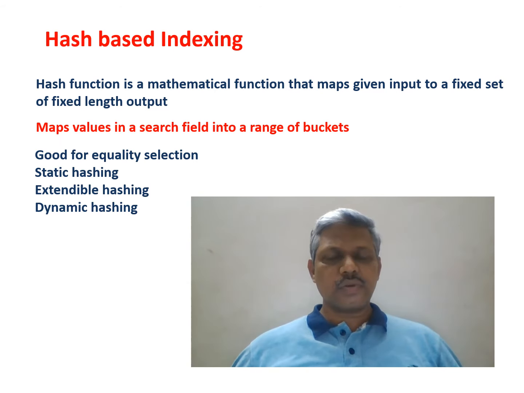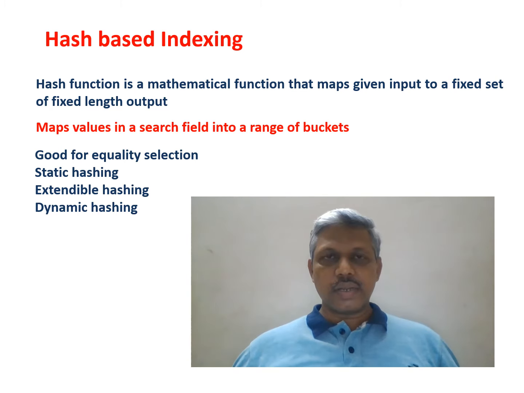There are a variety of mathematical functions that can be used, but for the understanding purpose, a small function can be described. Imagine a given string. The string can be converted into a binary string, and once converted, take the last two digits of the binary string. So given any character string, the output is the last two digits of its binary string. Then only four possibilities exist: 00, 01, 10, and 11. So we can assume this as a hash function, a very simple example.